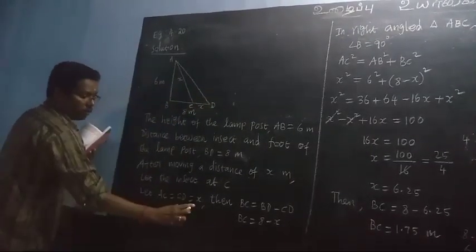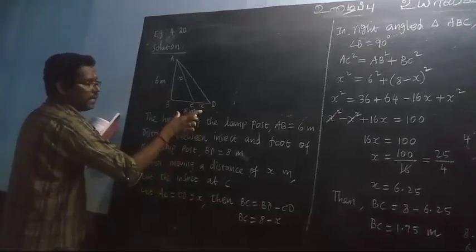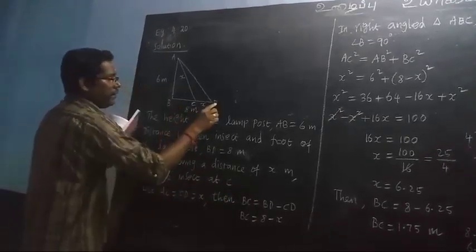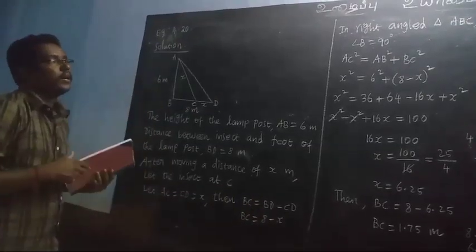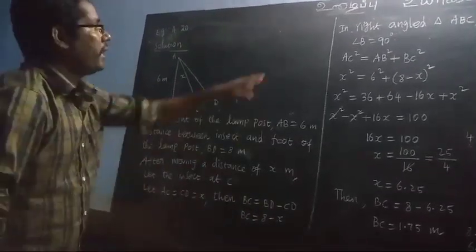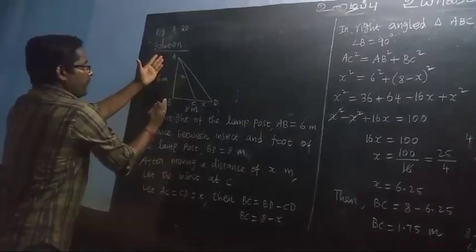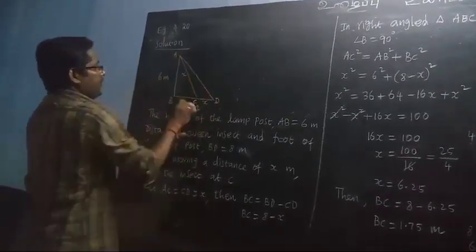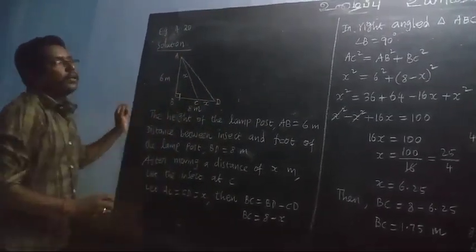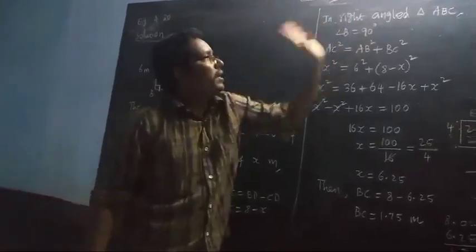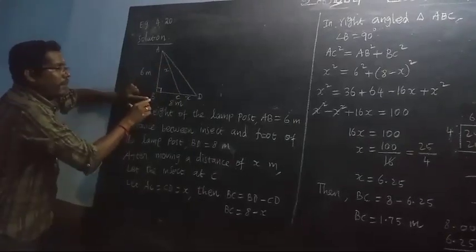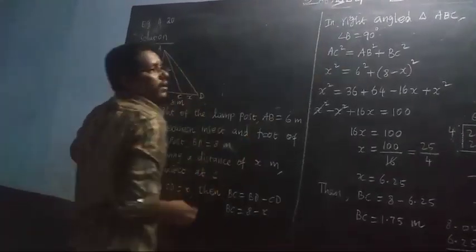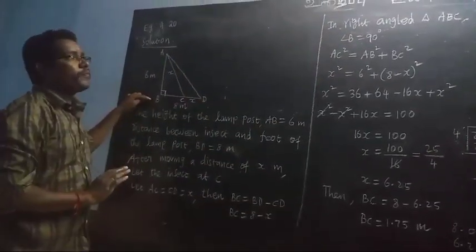equal to x. Then BC equal to BD minus CD. Therefore, BC equal to 8 minus x. Can you understand? BC equal to 8 minus x. In right angle triangle ABC, here B is a right angle. We take the small triangle ABC. B equal to 90 degrees. Angle B equal to 90 degrees. By using Pythagoras theorem,